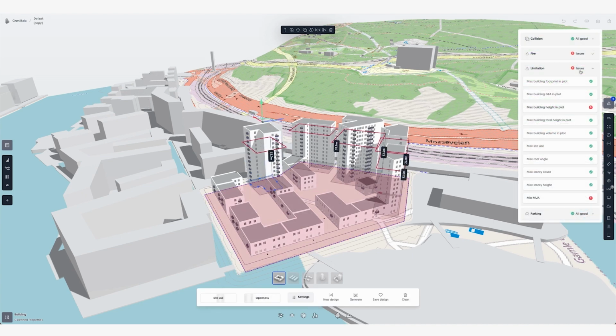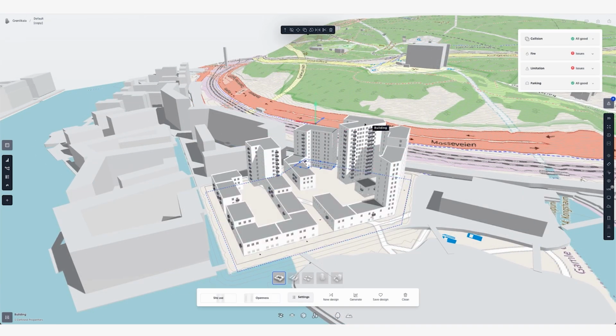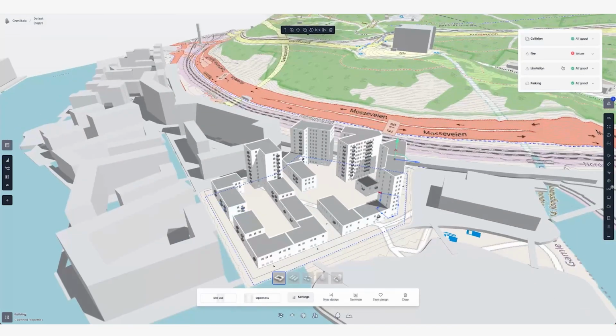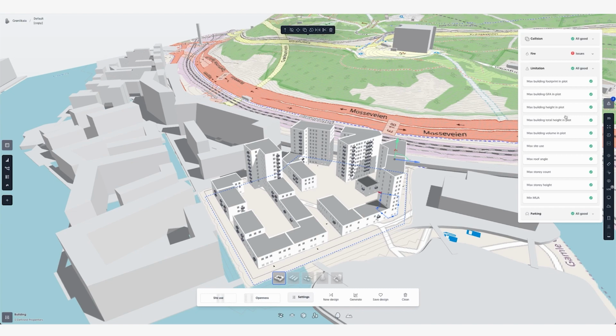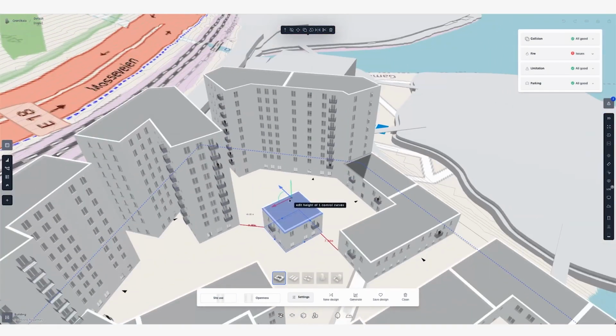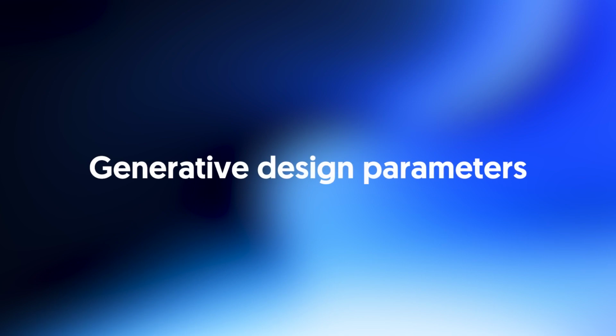areas. Fortunately, we can easily correct the issues in a few seconds. When we reduce the number of stories, we immediately get a pass for both maximum building height and minimum outdoor area. We still have a non-compliance on fire distance, stemming from the buildings that sit too close together. But by moving the buildings further apart, we correct the issue and get a pass. Problem solved. Generative design helps architects through quickly producing a range of different design options as a starting point for